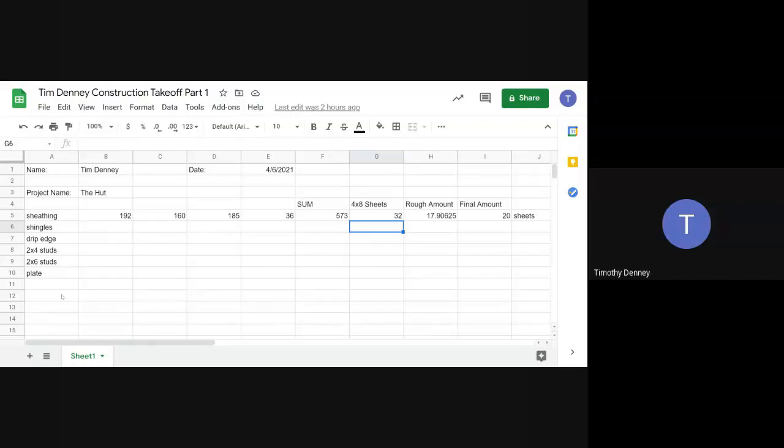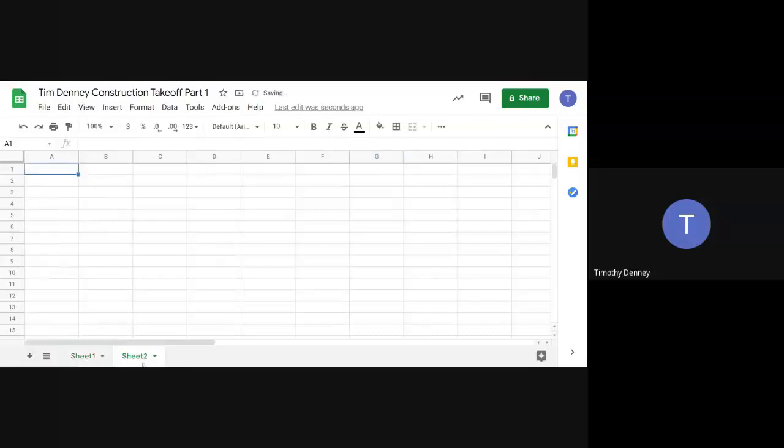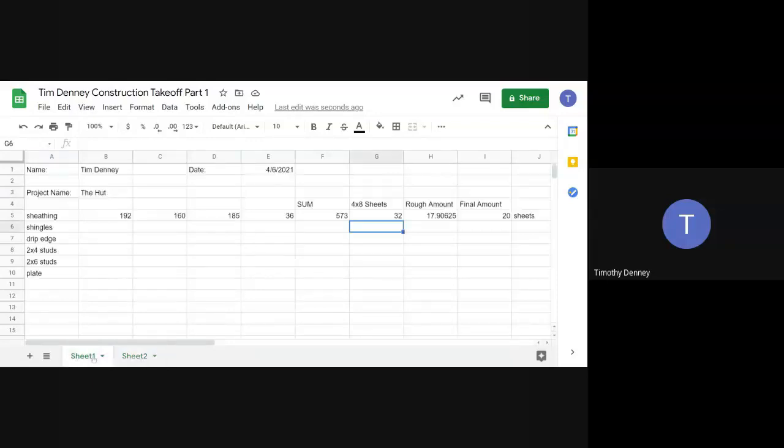So what I want everybody to do is go down here to this plus sign. You're going to add another sheet, another page. It will automatically take you to that new page. Skip some cells here, go down to like A3, and we'll title this surface area calculations. Then we're going to go back. You can just click between the pages by going down here at the bottom and clicking on sheet 1 or sheet 2. Go back to sheet 1, and I'm going to drag and select